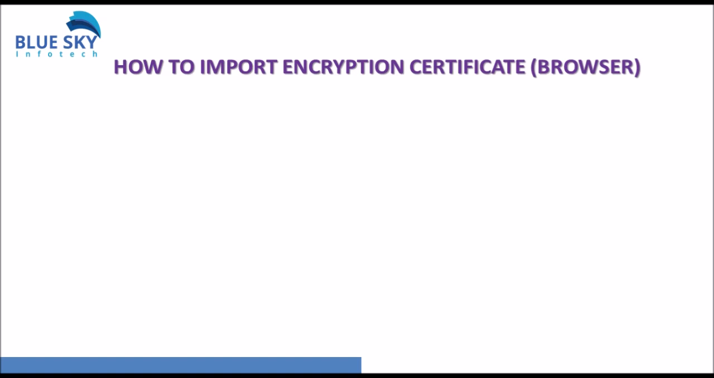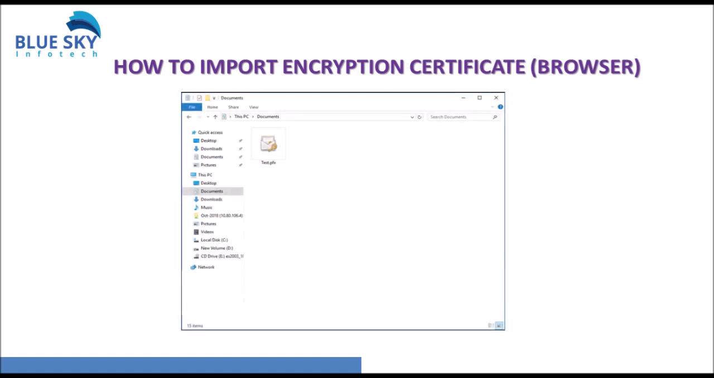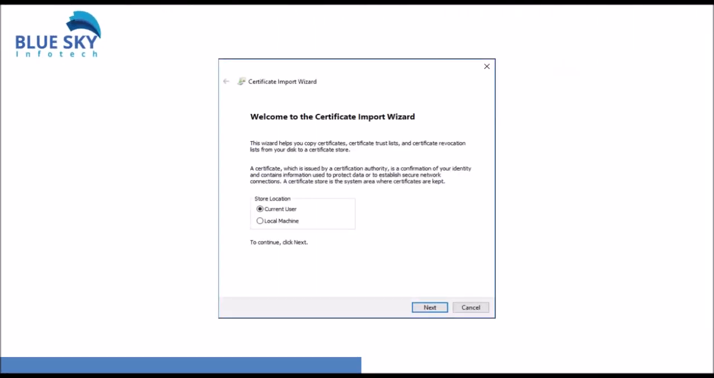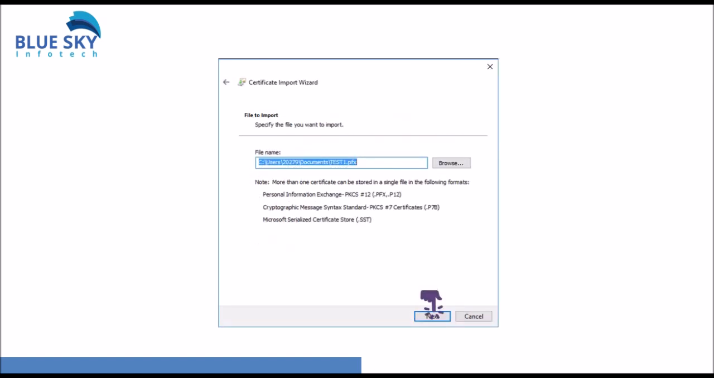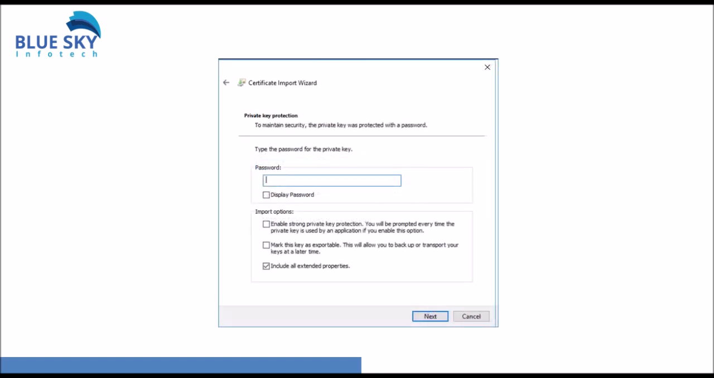Now we shall learn to import the certificate to browser and USB token. To import the certificate to browser, double-click on .pfx file. On the certificate import wizard, click on Next, followed by Next. Mention the encryption certificate password which was created at the time of download and tick all the checkboxes below, followed